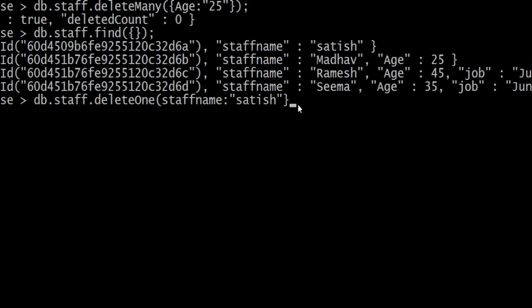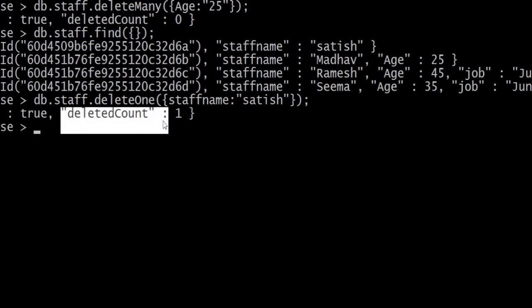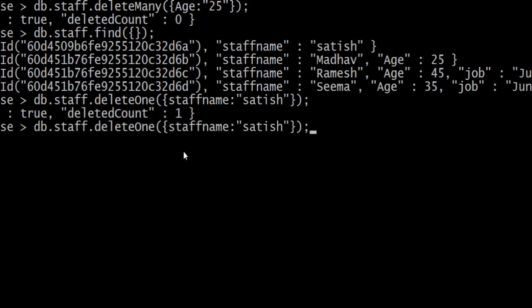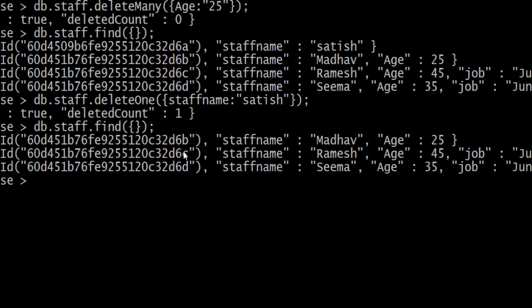So specify the curly brackets, because curly brackets indicate my filters. Close parenthesis, semicolon, enter. So you can see here the deletedCount is 1. It means that one record is deleted from my collection. See, the Satish record is deleted from my existing collection.